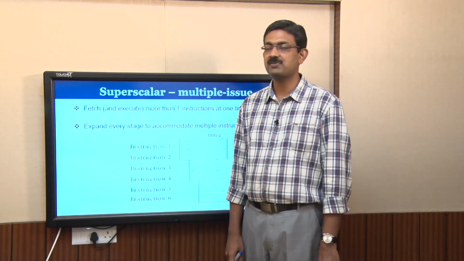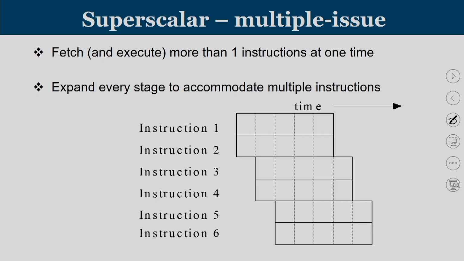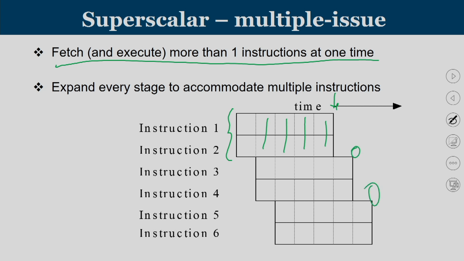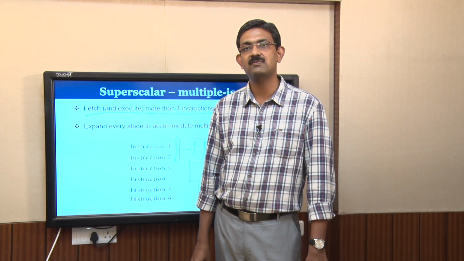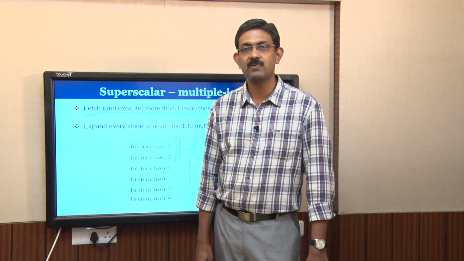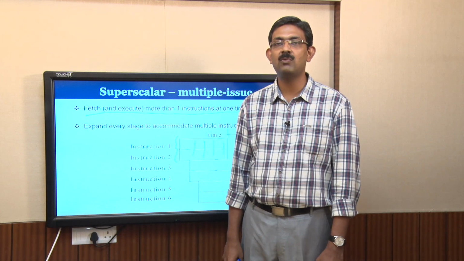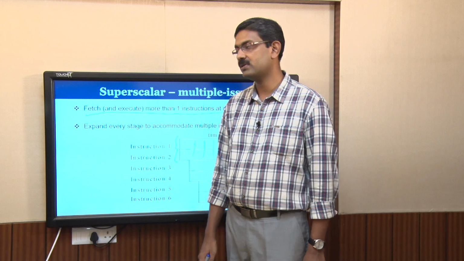These categories of processors are called superscalar processors. What they do is fetch and execute more than one instruction at a time. So you can see that you are fetching 2, decoding 2, executing 2, you can perform memory access for 2, and you can complete writing. So at the end of every clock cycle, 2 more instructions are getting over. This is a case where CPI is equal to 0.5, meaning we are taking on average only 0.5 clock cycles for completion of an instruction. Such processors, which can complete more than one instruction in unit time, are called superscalar processors.